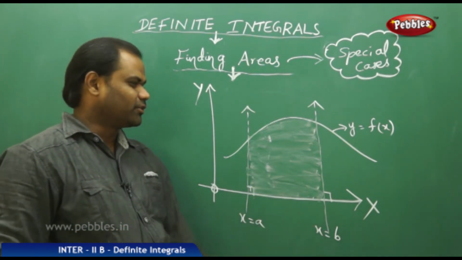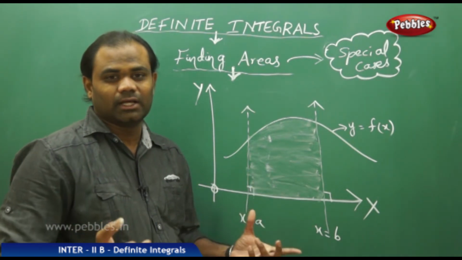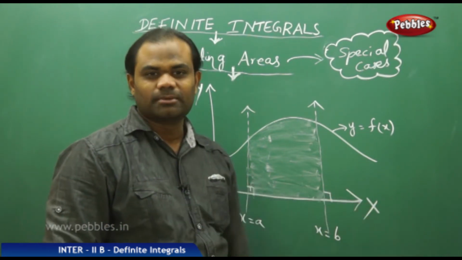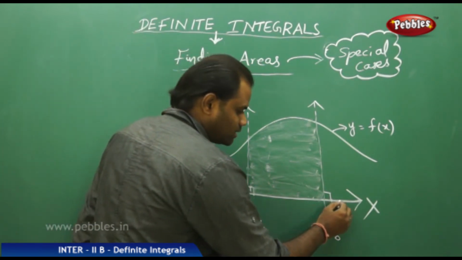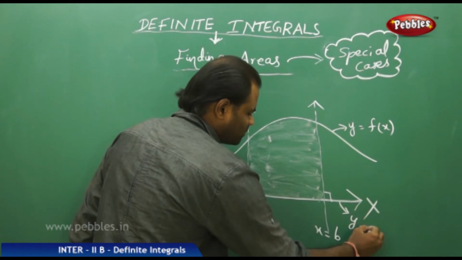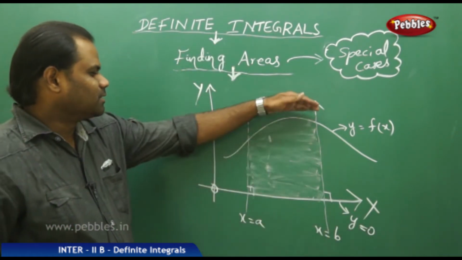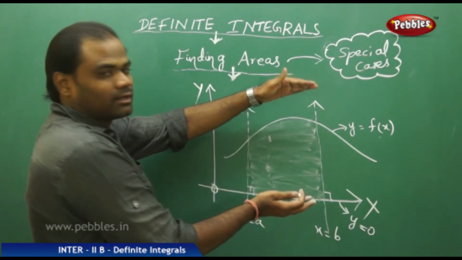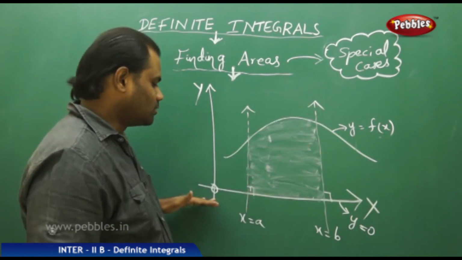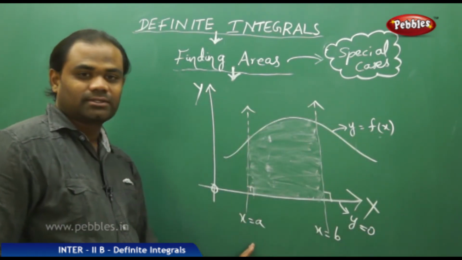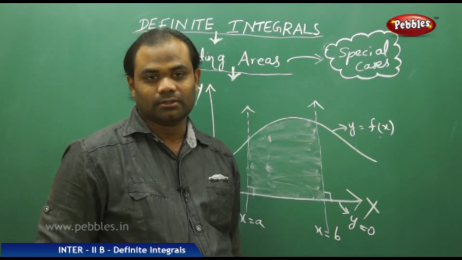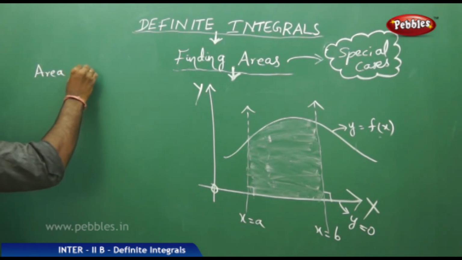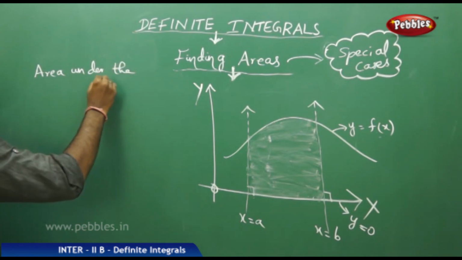So in order to find this shaded region, we have only one curve, but the formula is for two curves. But here, we identify that the x-axis can also be taken as a curve, as the equation of the x-axis is y equal to 0. That is, this area is between the curves f of x and 0. So if I assume these two curves, then again the upper curve is y equal to f of x and the lower curve is y equal to 0, the left bound is x equal to a and the right bound is x equal to b. Therefore, the area under the curve